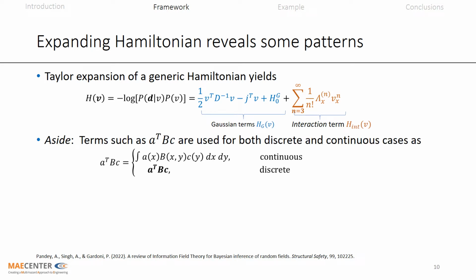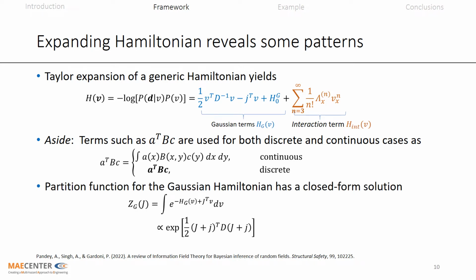You would notice in this particular equation, as well as in all the upcoming mathematical expressions, that for brevity we are using the same terms for both discrete and continuous cases. In the discrete case, they denote a vector product, whereas in continuous cases, they represent an integral. So the partition function of a Gaussian Hamiltonian, which uses only the first three terms, has a closed form solution